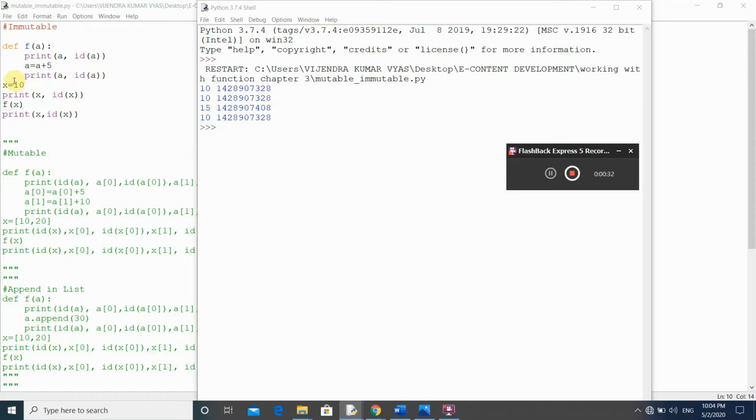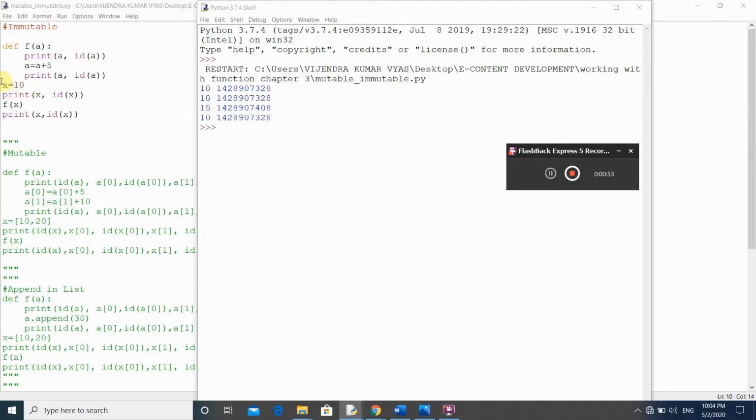So after this statement we can say that x is a variable which is pointing to an immutable type value, because we know that integer is an immutable type.